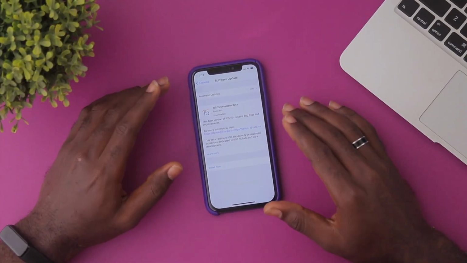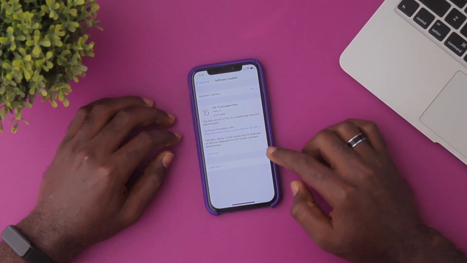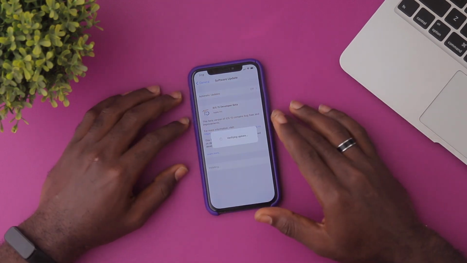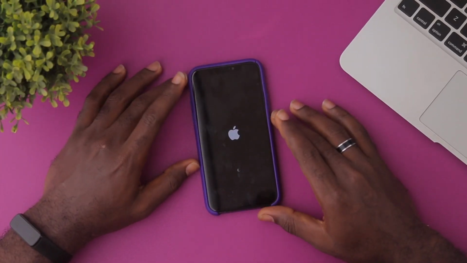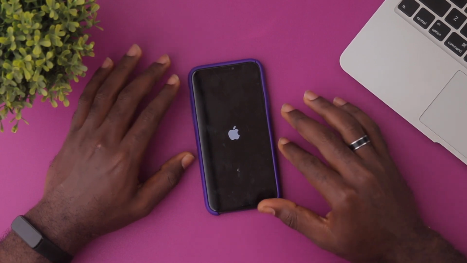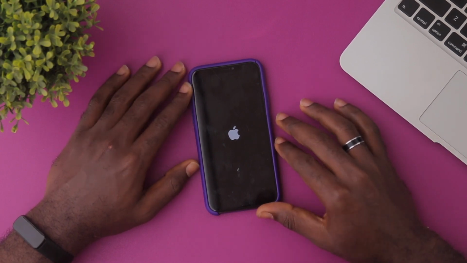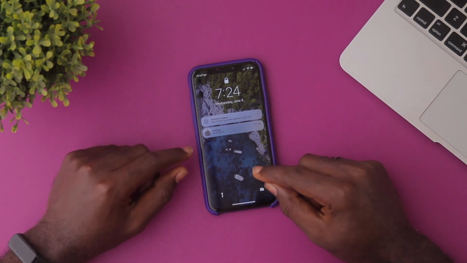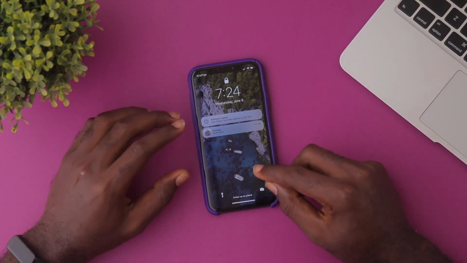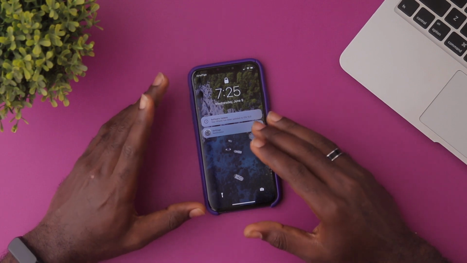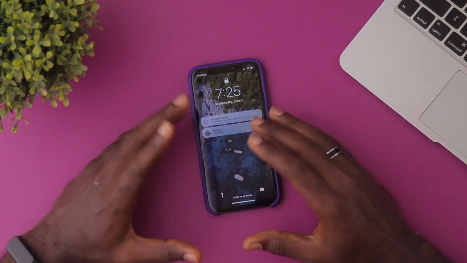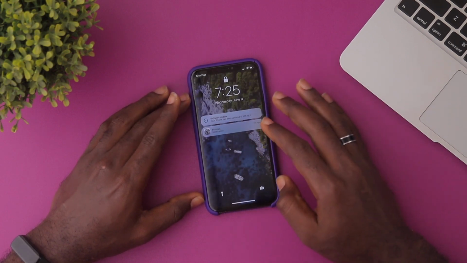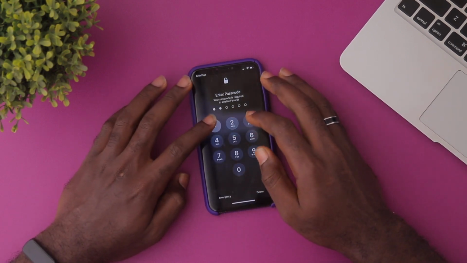Okay guys, so now it's done downloading. We are going to install it now. So you're going to click install now. And then it's going to verify the update. Now the phone is going to restart, and once it turns on, we'll be running iOS 15 beta. So once done installing, you'd see that your phone tells you that your phone has been updated to iOS 15.0. Do take note that this installation will take a bit of time, but because I'm doing this video, I had to shorten everything. So what we're going to do next is just swipe, enter our password,